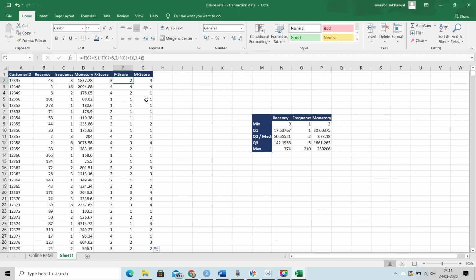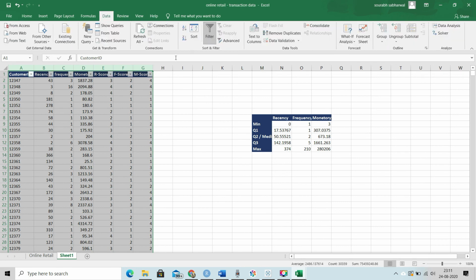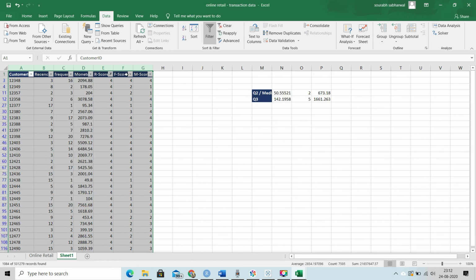So if we want to see, let's say, customers who have the highest scores of all, let's say highest of recency, frequency, and monetary, let's find such customers here. Filter recency score 4, that means they are recent visitors.